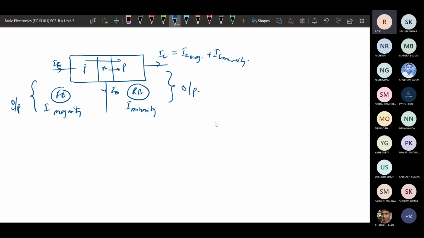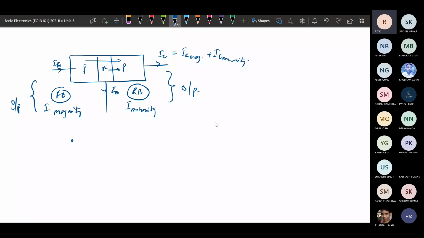That's why it is called a bipolar transistor. Here the output depends on the emitter current. This BJT is considered to give the output as a current, so it is a current source, and this output current depends on the input current also.